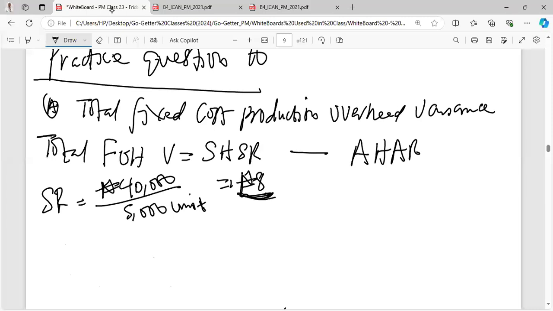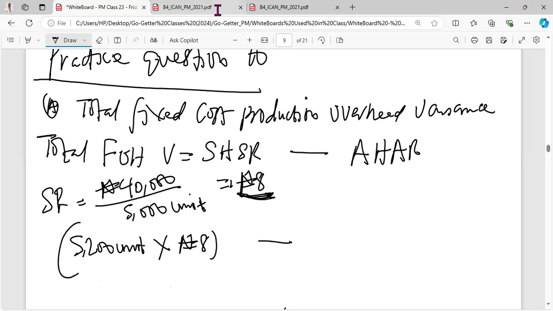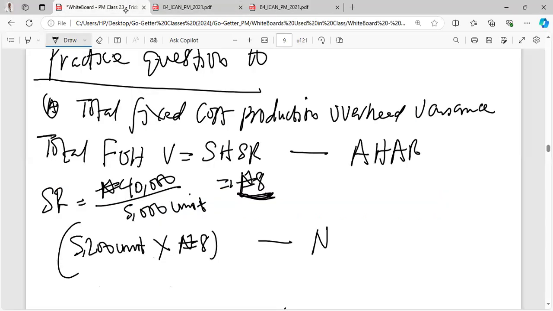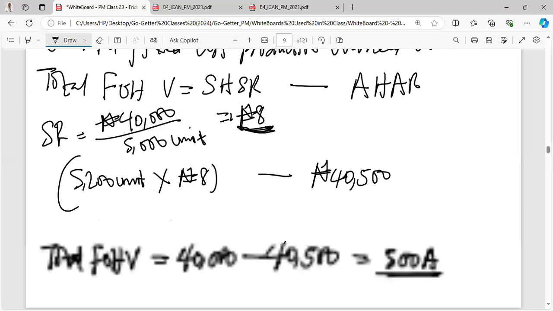So if you are producing 5,200 units, you need to multiply it by 8 naira as against how much you spent, 40,500. So this will give you,